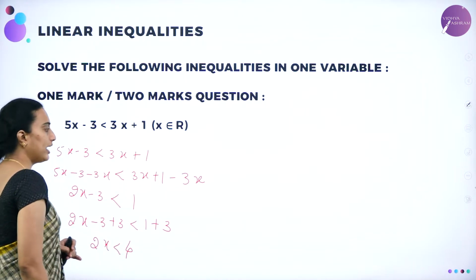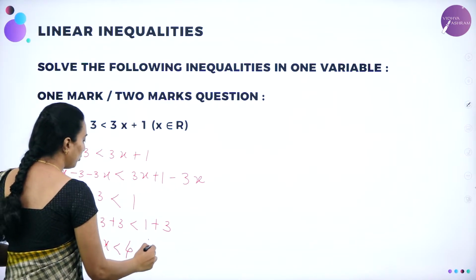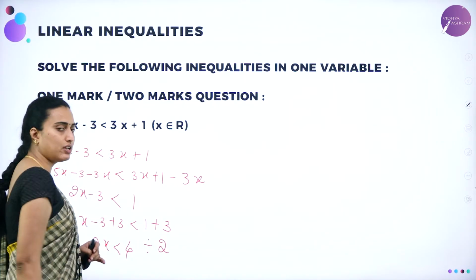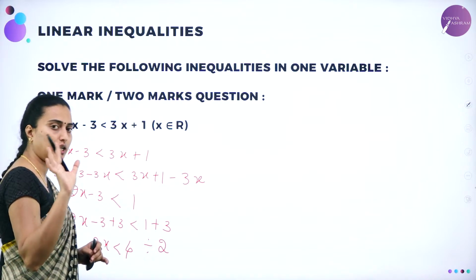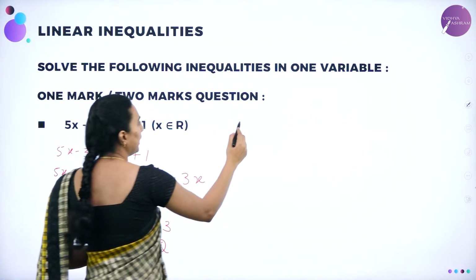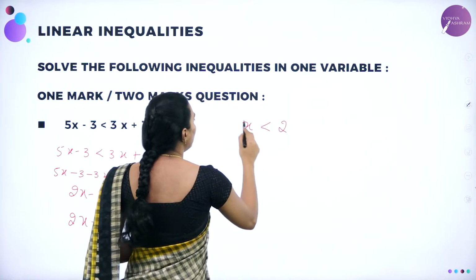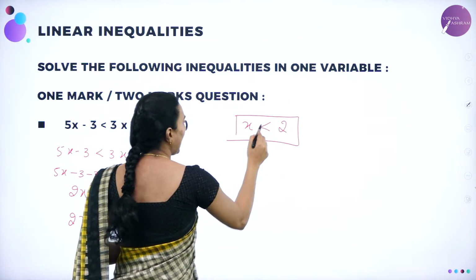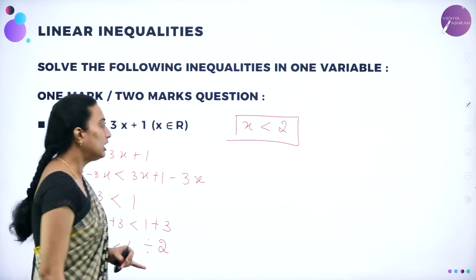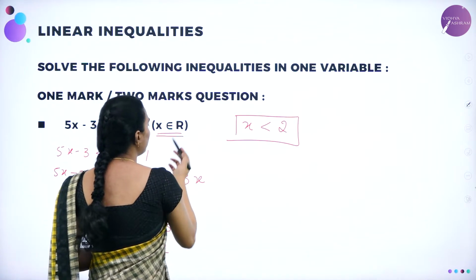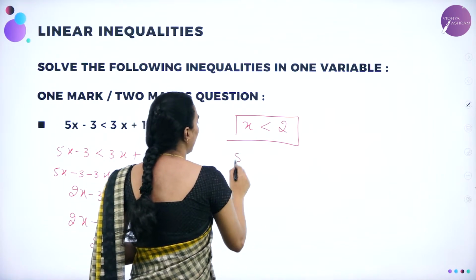I want only the x value, therefore I am going to divide throughout by 2. By a positive integer, if I divide, the inequality will remain as it is. Therefore, 2x by 2 is nothing but x is lesser than 4 by 2, which is nothing but 2. Now you got the solution with the slack inequality, lesser than 2. Now how to write the solution set since x belongs to R? The solution set is given by,